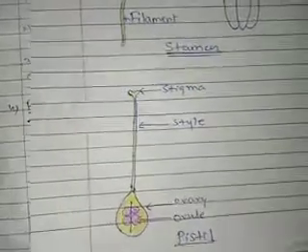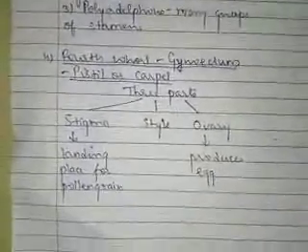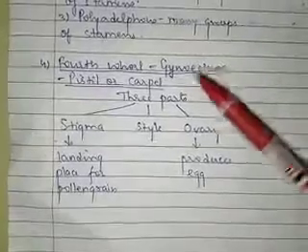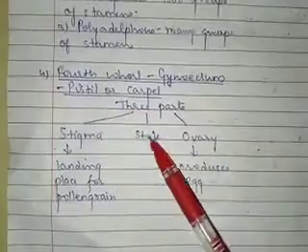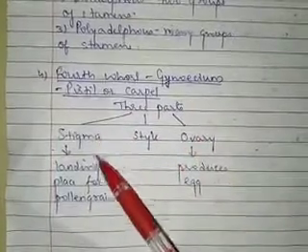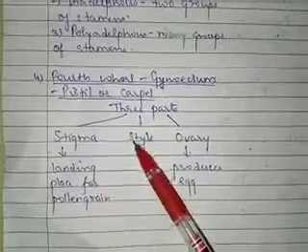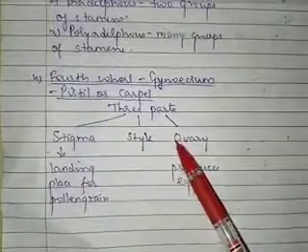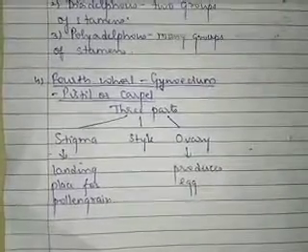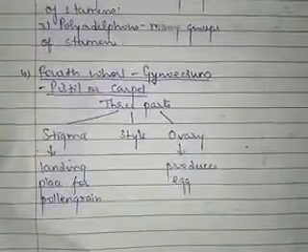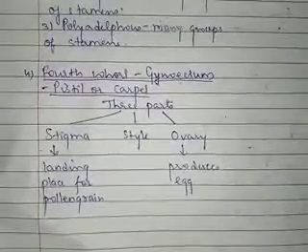So, about the gynoecium or the fourth whorl of the flower, each member is called a pistil or carpel. There are three parts: stigma, style and ovary. The stigma is the landing place for the pollen grain. The style connects the stigma to the ovary, and the ovary produces the egg, which is called the female gamete. Understood?